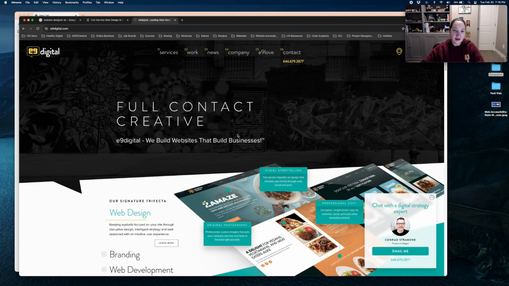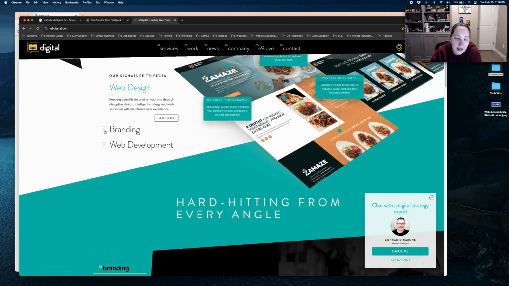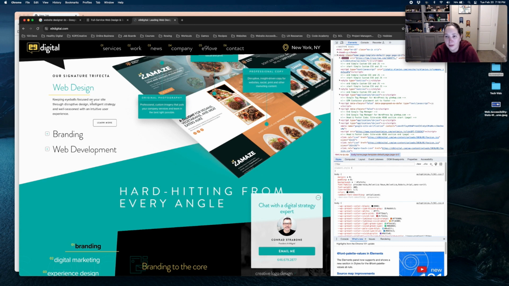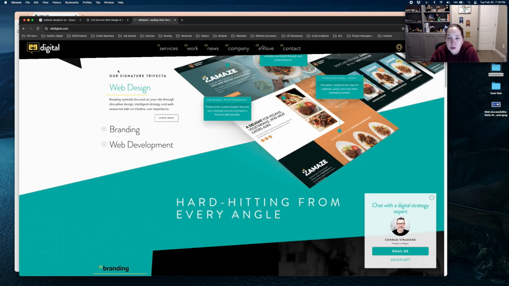So straight off the bat, if I look at this, there's certain things that pop out to my eye, and your eye will start to understand this as you get used to it. But this green right here, I'm fairly certain is not enough color contrast to this white. Now, Chrome has built-in developer tools and an inspector element that you can basically come in and look at. And the way to get here is if you come to View, Developer, and Developer Tools. Sorry, I combined them, Developer Tools and Inspect Element. If you click on Developer Tools,